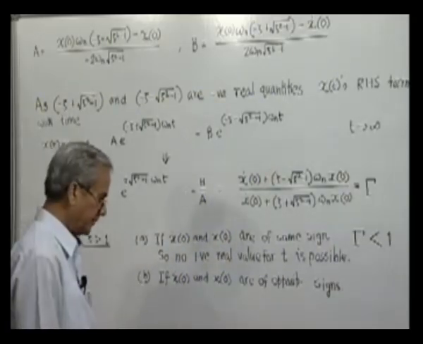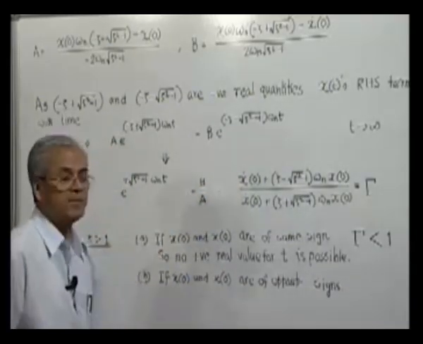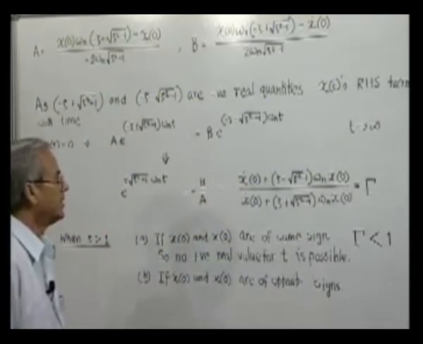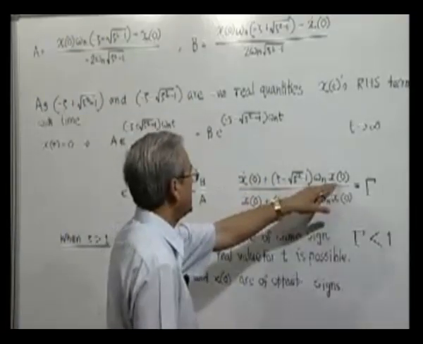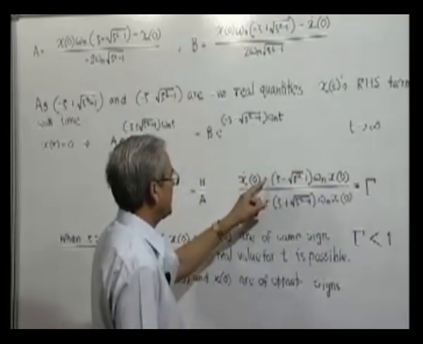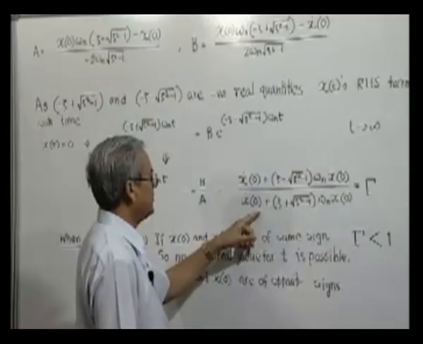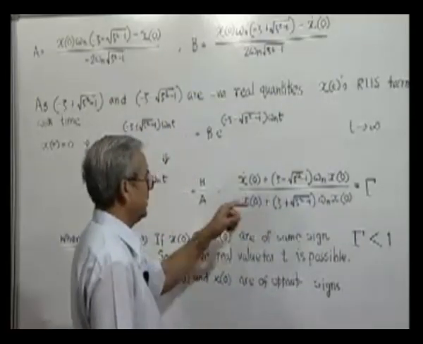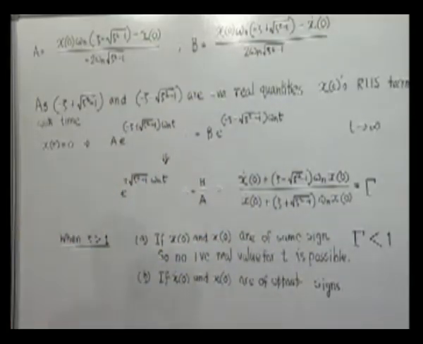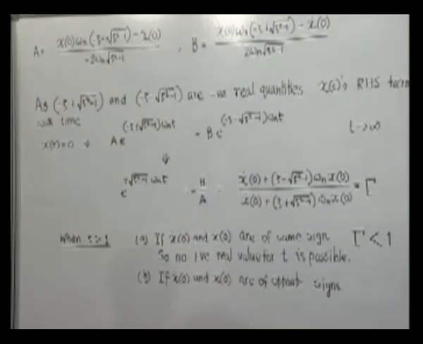Now you will find that if suppose x dot 0 is positive and x 0 is negative, so this is positive, then this is negative, means this will be x dot 0 minus a negative, actually plus a negative quantity means minus this quantity, and this is positive and this is again negative. So you will find that as such there cannot be any decision that whether gamma will be less than 1 or more than 1. But there is a further condition that